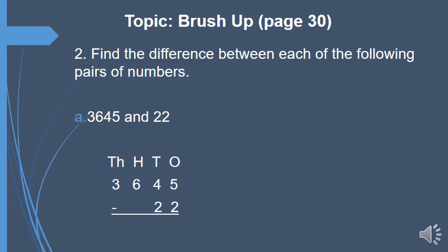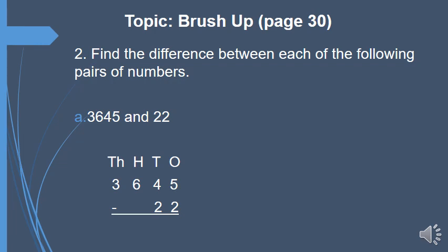As you can see, this is written in a horizontal way, but you are used to doing it in this way. So how are we going to do it? Similarly to what we did in our addition sums, we are going to solve this as well. We will just write 3645 and 22 here like this. Thousands, hundreds, tens and ones are very important to mention because this makes our sums easier to solve properly.